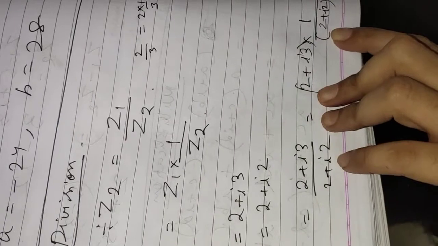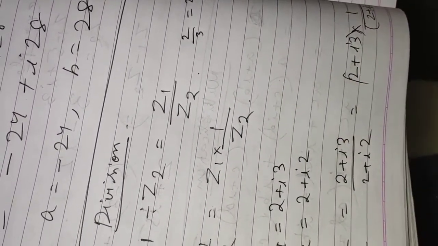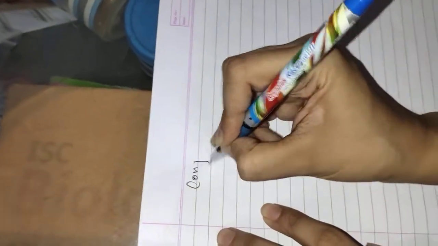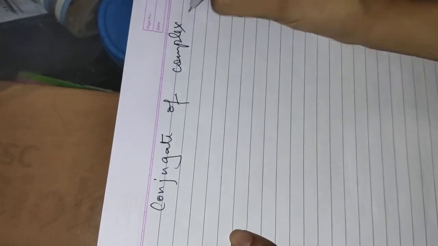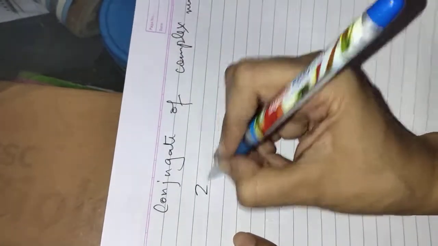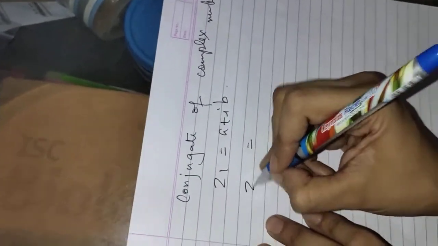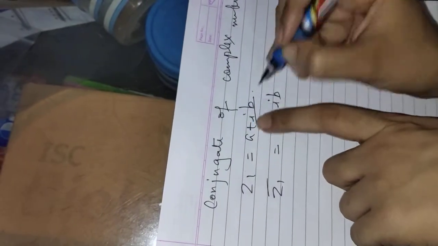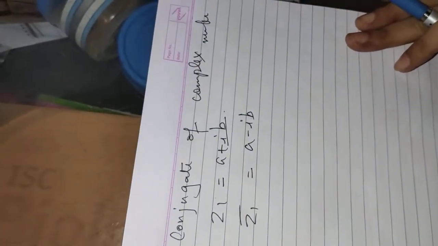So we would do the same thing in case of complex numbers, because I don't want this to be in the denominator part. So how to rationalize? You will have to get the numerator and the denominator multiplied by its conjugate. Now, what is a conjugate? This is a big question. Do not get confused. The conjugate of a complex number, let's say z is equal to a plus ib, is going to be a minus ib. That's it. You just change the sign of the ib and nothing else. The sign of a is not going to change.